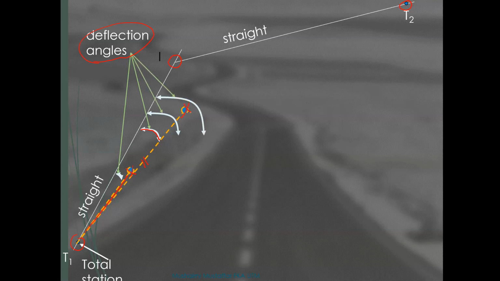And we do the same thing for the rest of the points on the curve, so that we'll end up with that point there, using that deflection angle, and the point there, the second last point, using that deflection angle. Okay, and finally we're going to have one at T2. So when that is done,